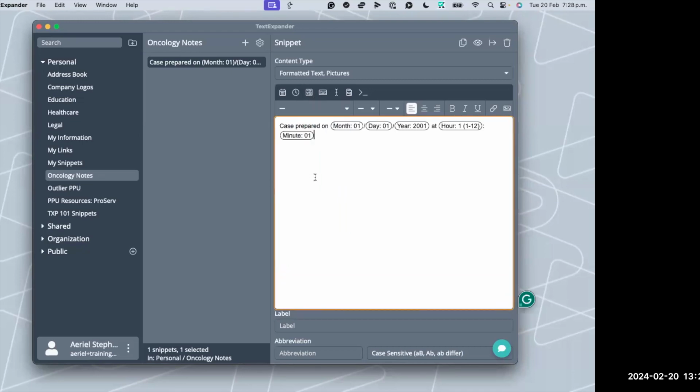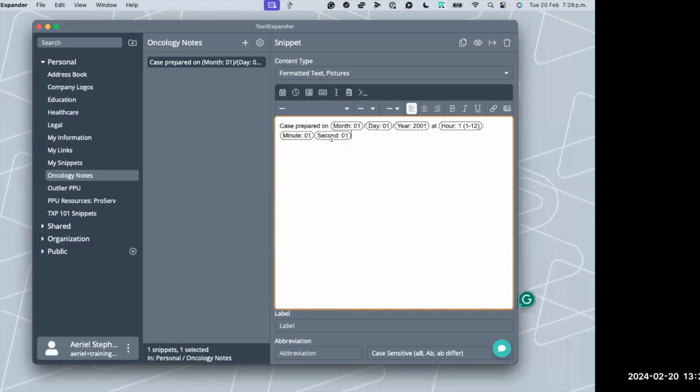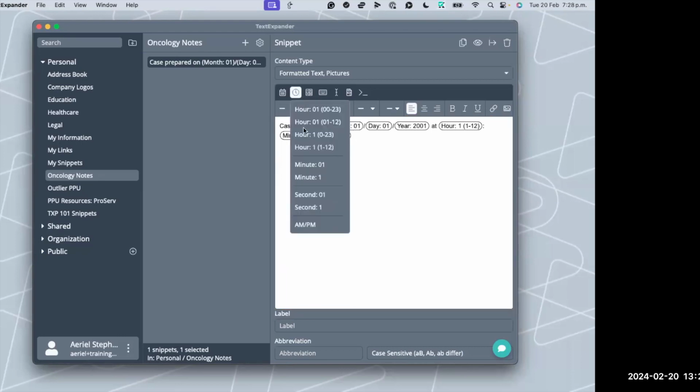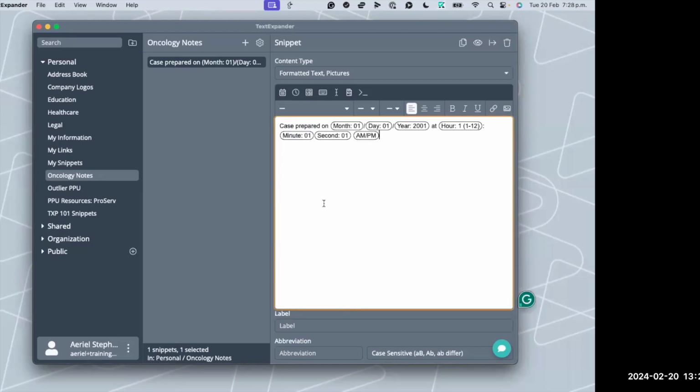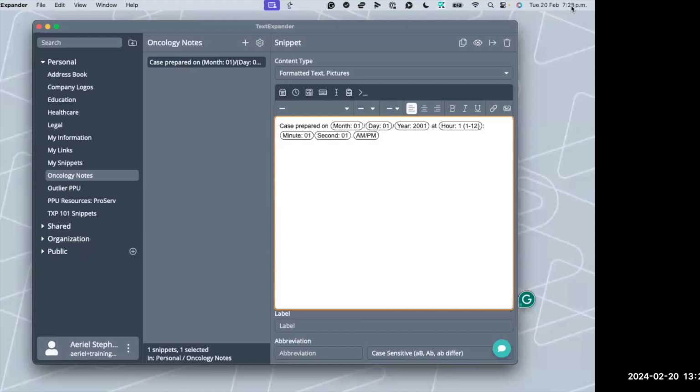I will have it show me the minute. And maybe we can even get it to display down to the second. And then you can decide if you want it to simply say AM or PM at the end. Okay, so again, just to help all these bubbles mean something, if I preview that, you'll see that it says 7:28:45 p.m. Again, I am in a different time zone for the time being. You can see in the top right-hand corner of my screen that is accurate. It's 7:28 p.m. for me.